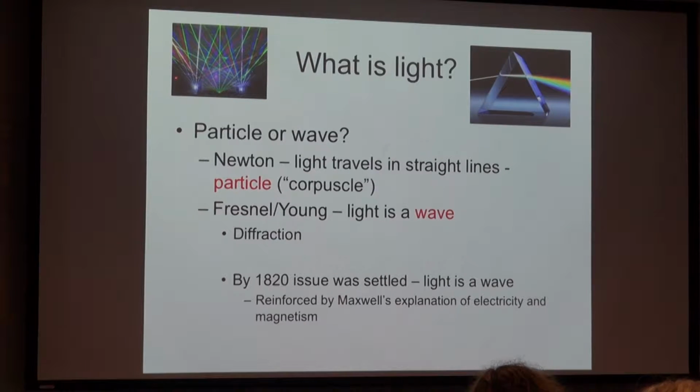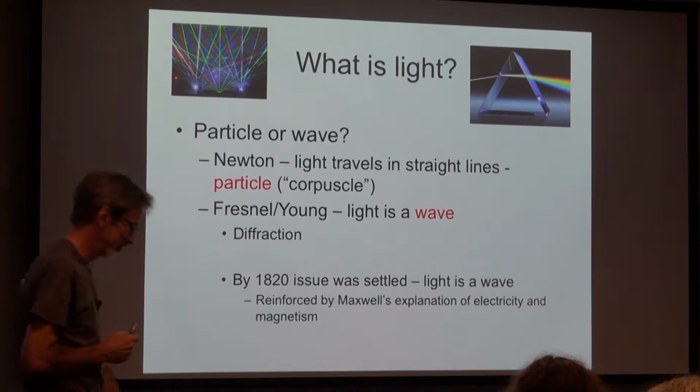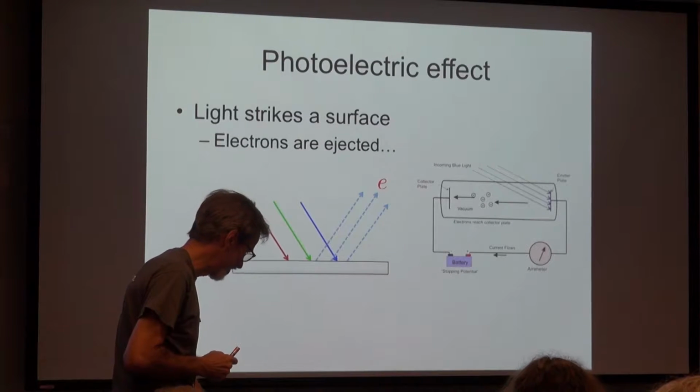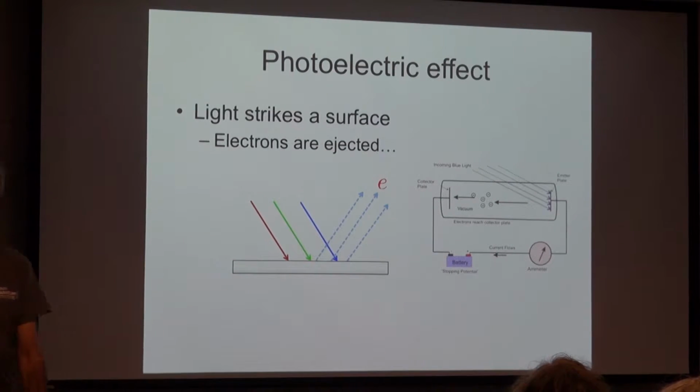And then Maxwell came along with this theory of electricity and magnetism, and it all tied together because that theory supported light being a wave. Once we understood light was a form of electricity and magnetism, everything was fine. We were in good shape. However, then what happened was the photoelectric effect. So by around the turn of the century,